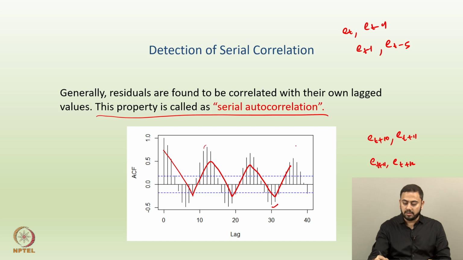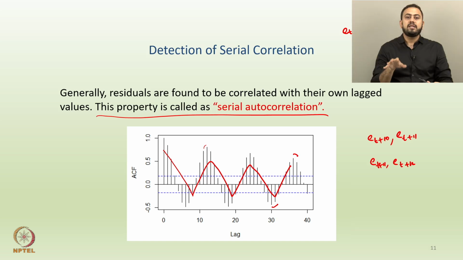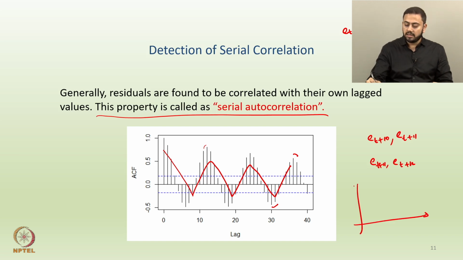So, the same thing is happening here also. If you see any two consecutive correlations, then those are on the same side of 0, so either positive or negative. And clearly you see some pattern also, right? So, there is some underlying pattern amongst the correlations, which means that there is some serial autocorrelation problem in the errors. Okay. So, I will give you an example where you do not have any serial autocorrelation problem.